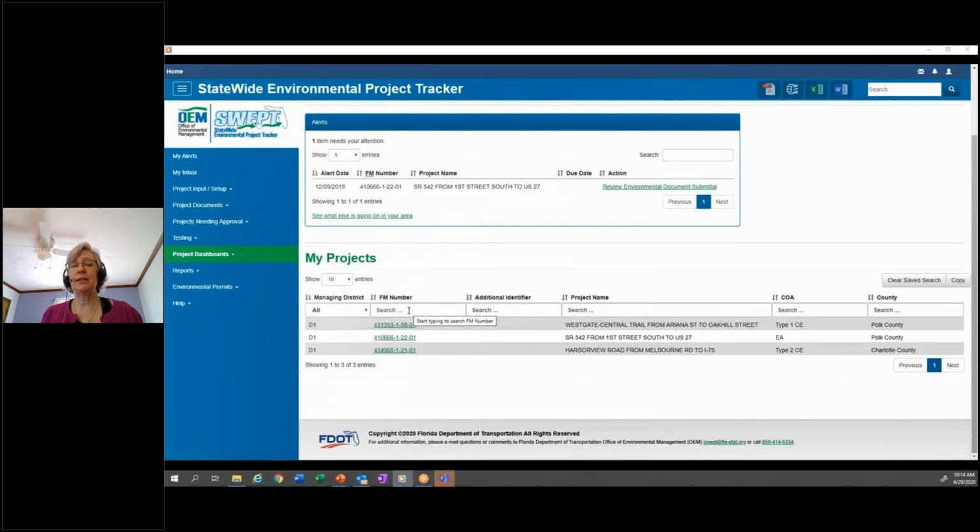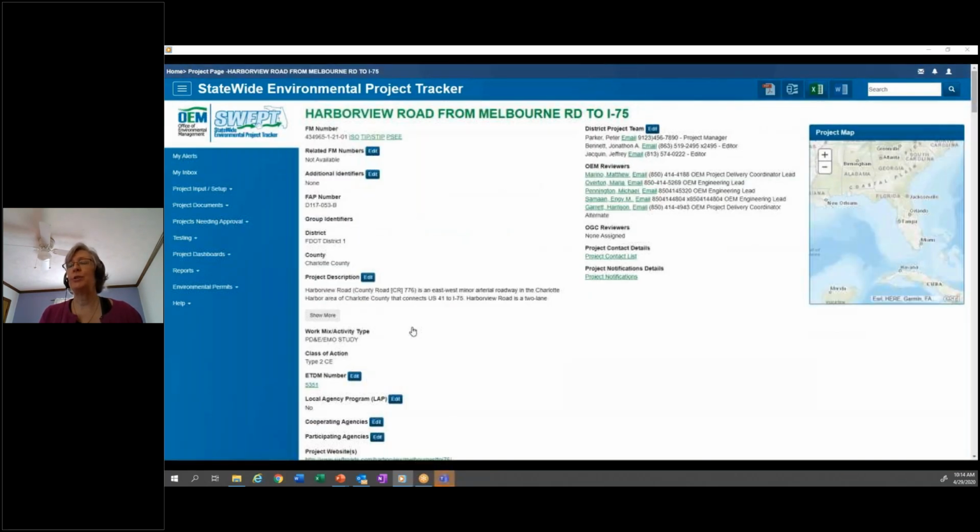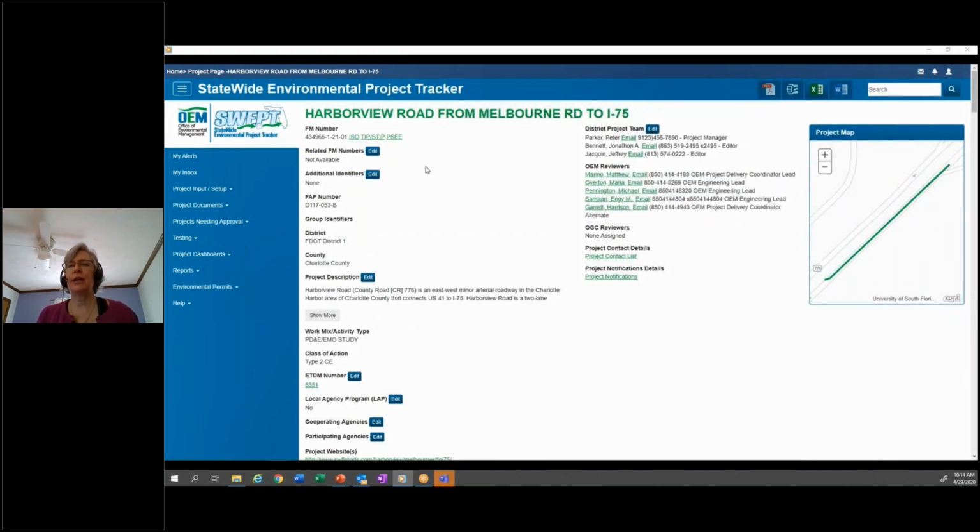They also have a list of projects that they're on that project team, and they can get to the project by clicking the green link there, or, if they have a long list, they can search through the table using the search in the FM, which I'm going to show you later because you guys can do that on your homepage too. This is the project detail page, and this is where you find out more information about